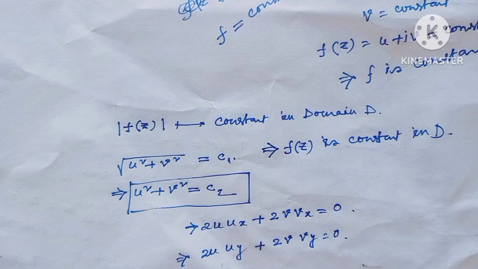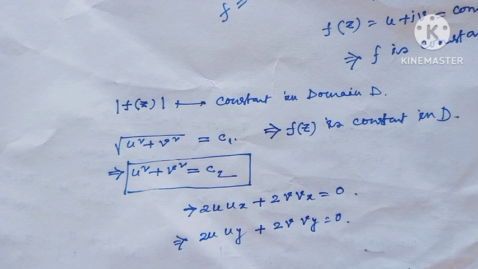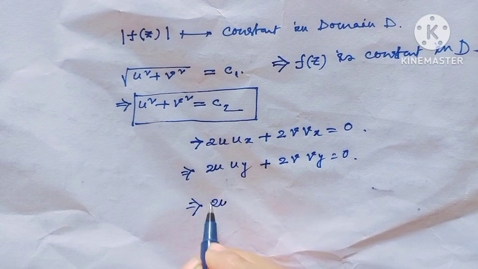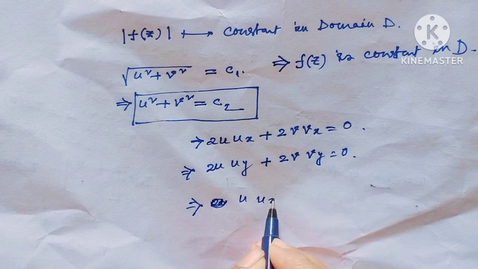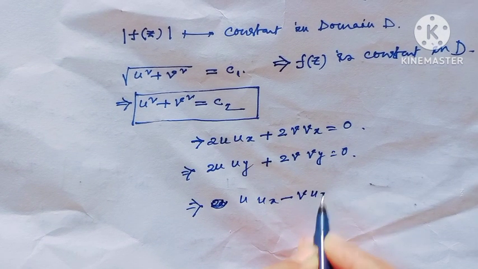Now by the Cauchy-Riemann equation we can write this as CR equation. We can write this equation as